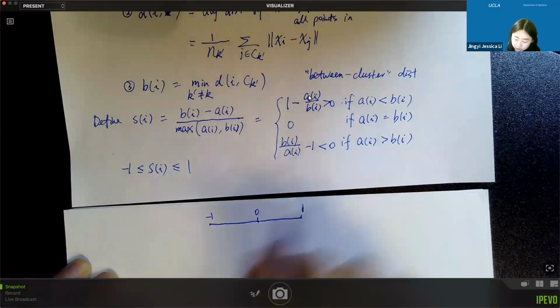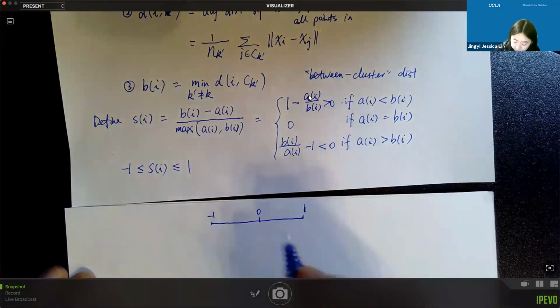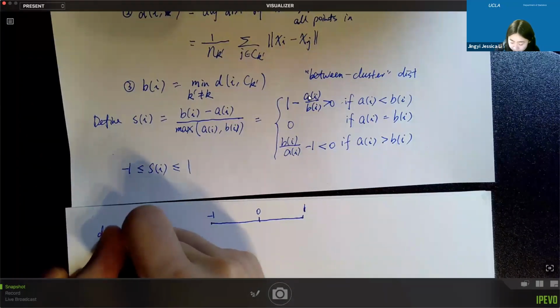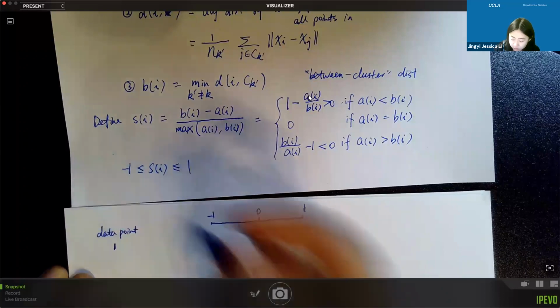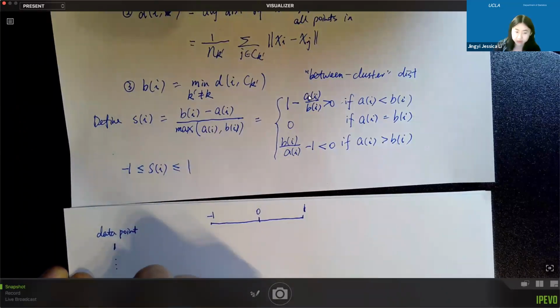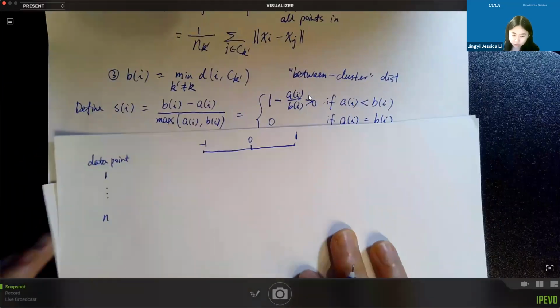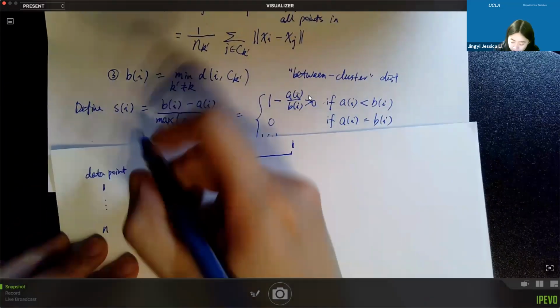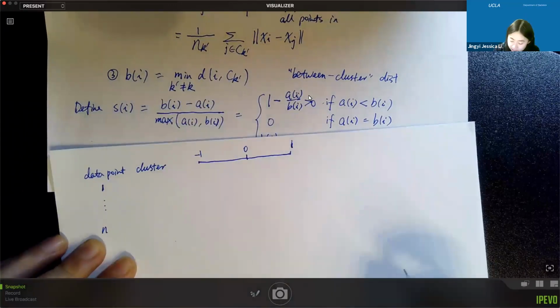And every row will correspond to 1 data point. So we will have the data point, let's say 1, 2, and here. And it will also tell you the cluster it's in and the neighbor